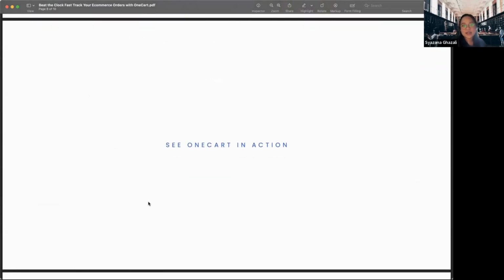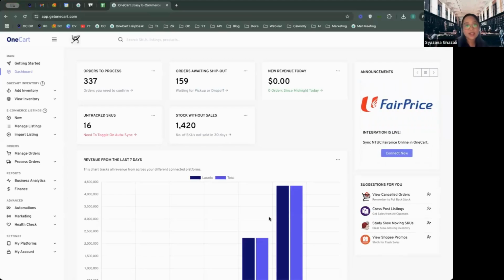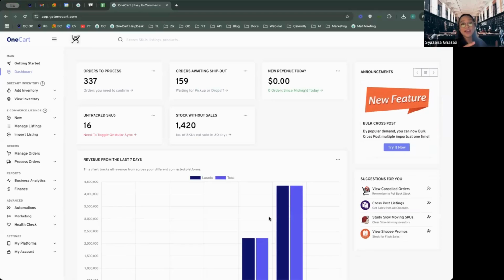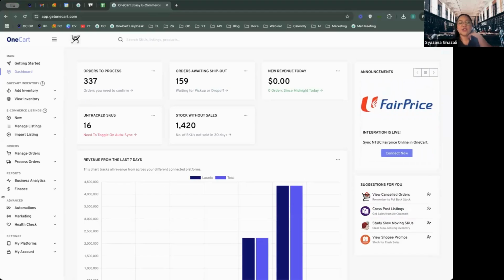Okay, so right now I will take the time to show you how OneCart works live. Just to let you know first, our account is a demo account, so we do not have live orders per se, but we do have orders in OneCart where I can show you how your airway bill will look like and what the process flow and workflow is supposed to be should you use the order processing in OneCart. Okay, so if you take a look at the left hand side of the menu bar,